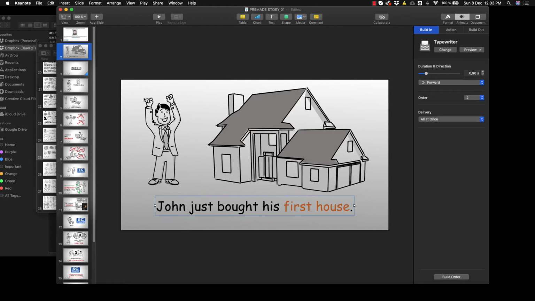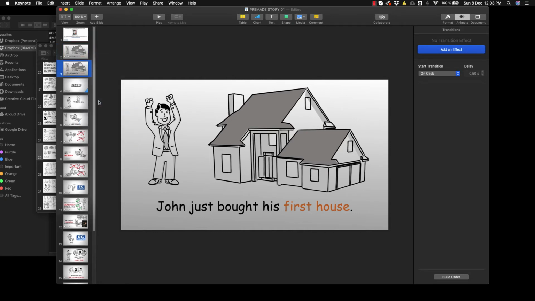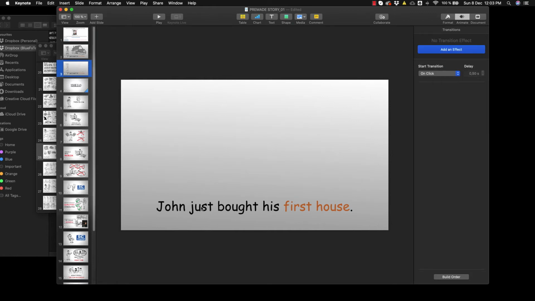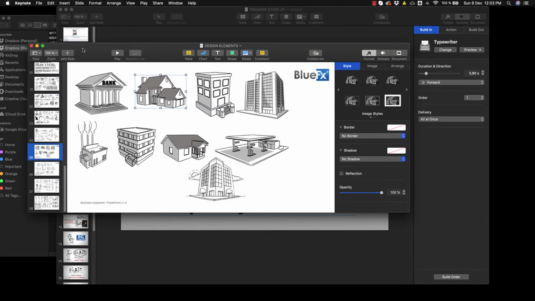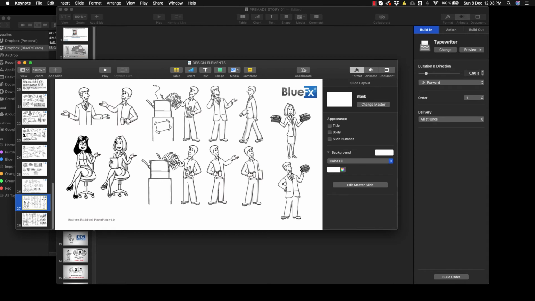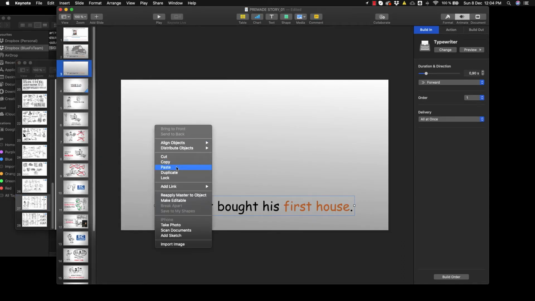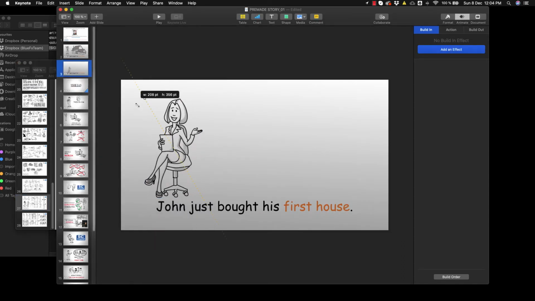Okay, so this is our first scene. This is what we have created. Now you can just right click and duplicate this scene, and this time we're going to delete the icons because we're going to add some other stuff here. Now let's add something else. Let's use this character, copy and paste. Okay, let's scale her up,